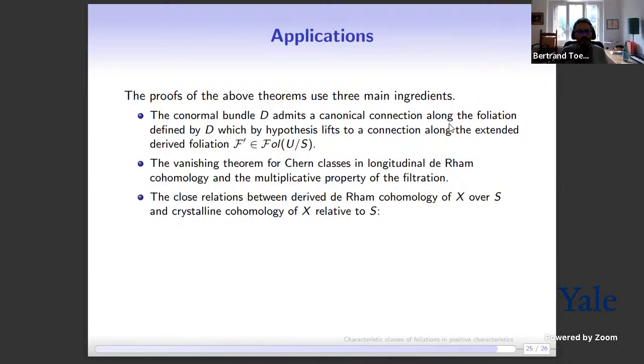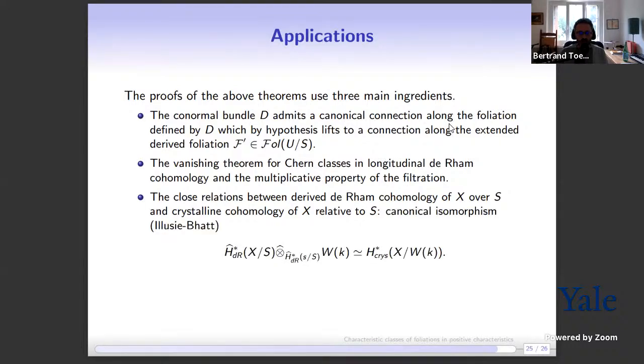And then the key point is that there is a very close relation between this derived de Rham cohomology, I mentioned several times this Hodge completed derived de Rham cohomology, and crystalline cohomology. They are not exactly the same, but you can actually prove that there is a canonical isomorphism. I think this version is due to Bhargav Bhatt, but there are partial results by Illusie in his thesis,